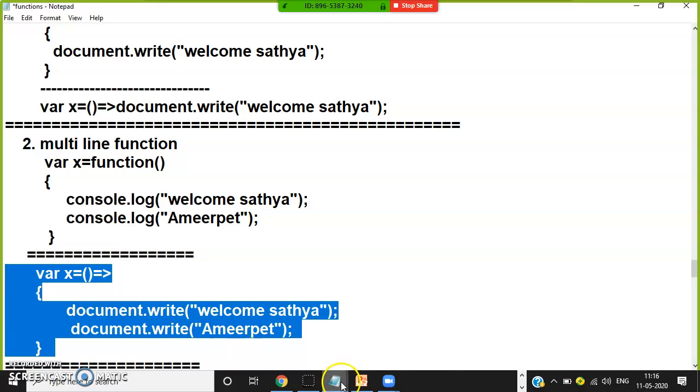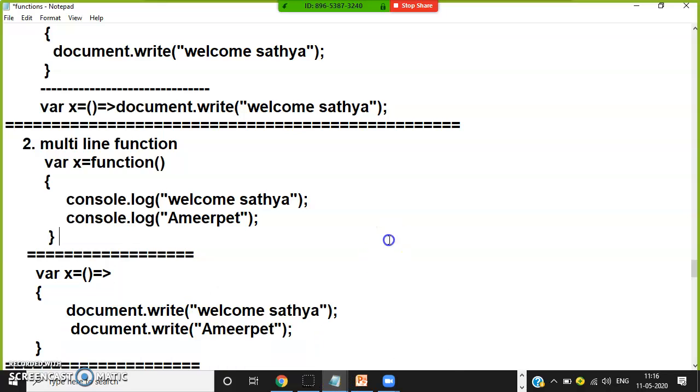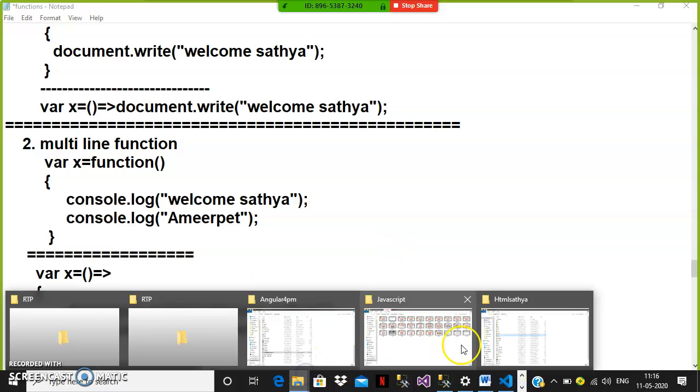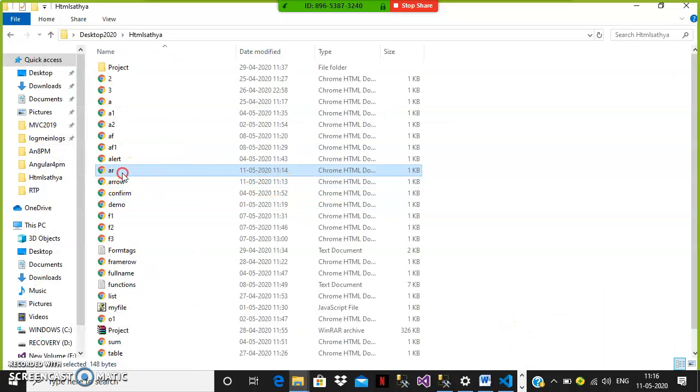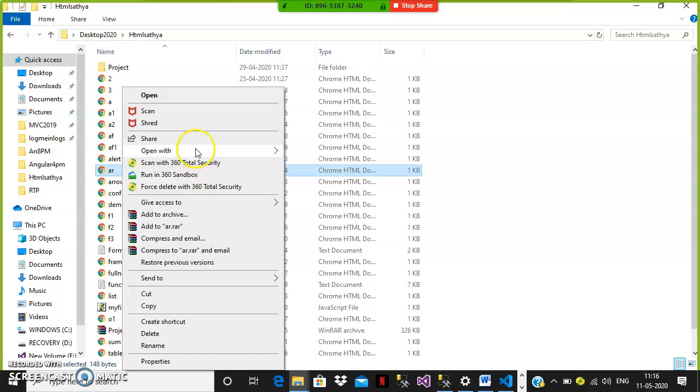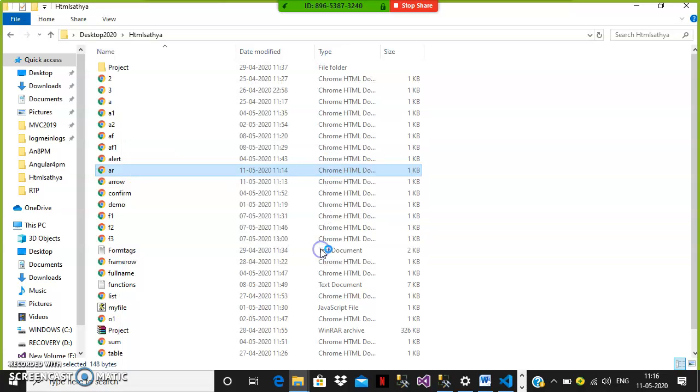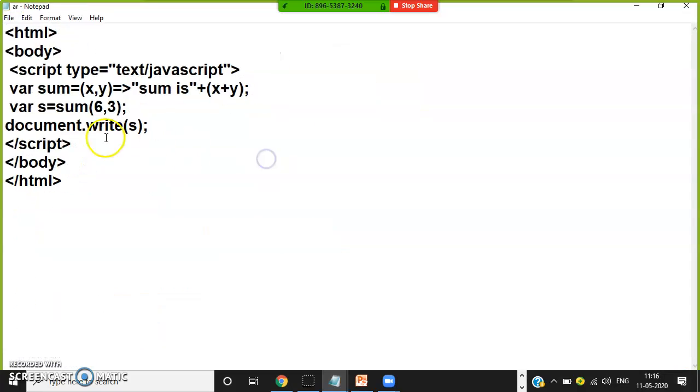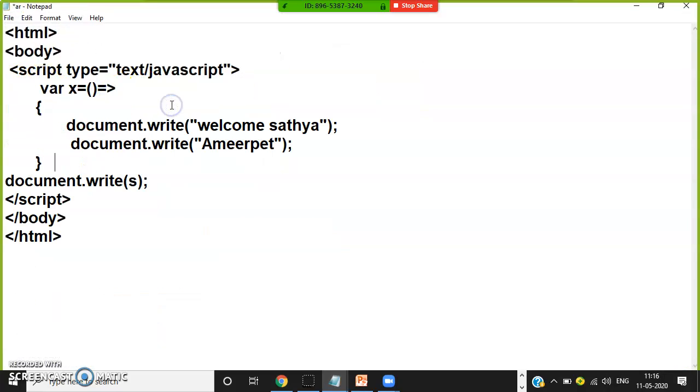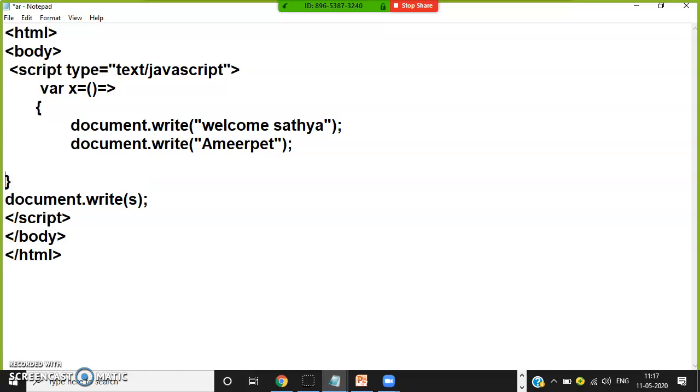Multi-lines means multiple lines of code you are writing inside a single function. Are you following everyone? Multiple lines of code in a single function, that is a multi-line function. For example, I will show you. Right click, open with Notepad, and here I will declare the multi-line function. Why did I declare two statements now? That is the reason: you cannot write two statements in a single line. This is not possible, so 100% a block is required. Only one line means no need of block, single line. More than one line means multi-line function.